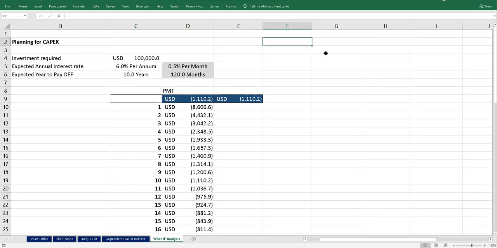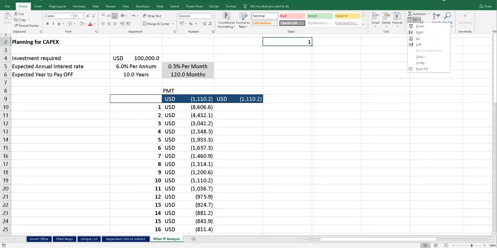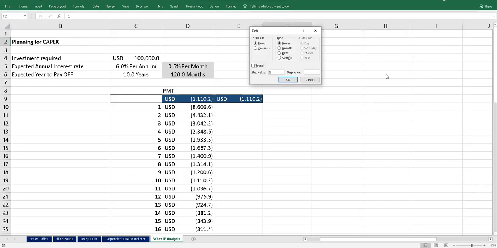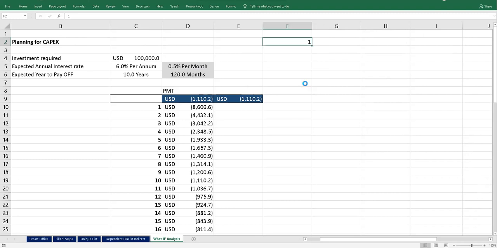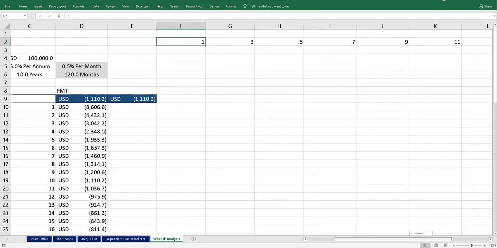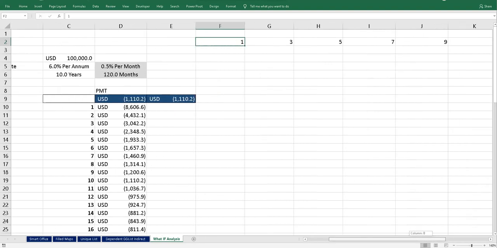For the row, I will show you again how I do it. As I told you, I take it one. I go into the Home tab, Fill, Series, step value. Say that, as I told you, two. We are just trying to make a little bit different logic over here. This is the row form. We take it